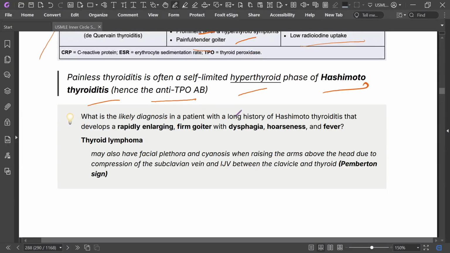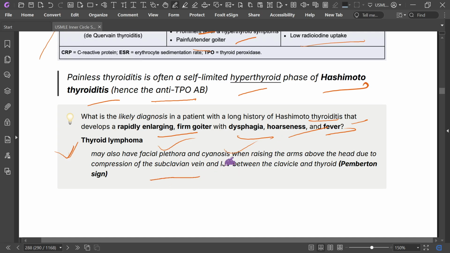Okay, what is the likely diagnosis in a patient with a long history of Hashimoto? Long-standing Hashimoto thyroiditis develops a rapidly enlarging firm goiter, dysphagia, hoarseness, fever. Think about thyroid lymphoma. May also have facial plethora, cyanosis,